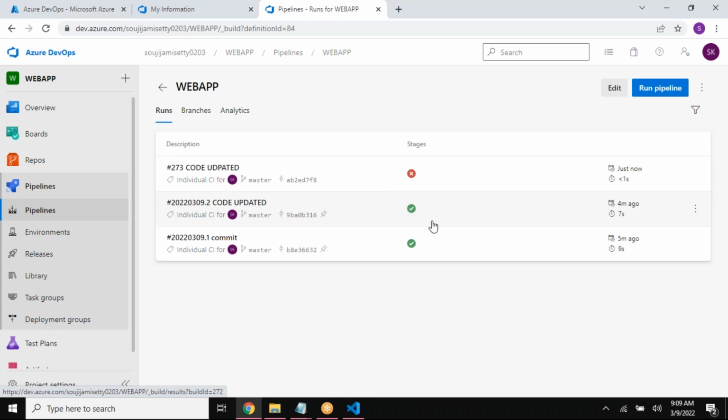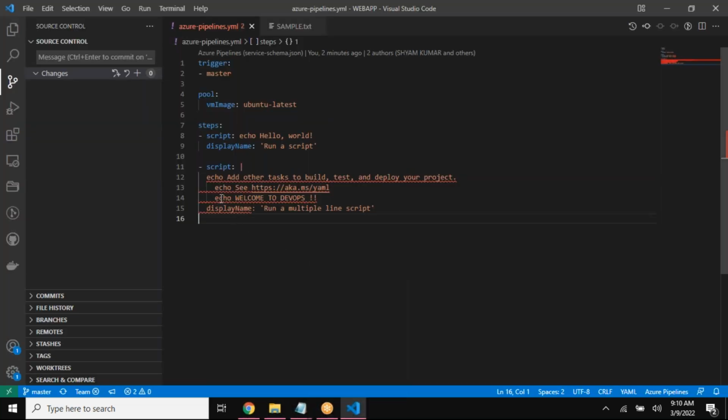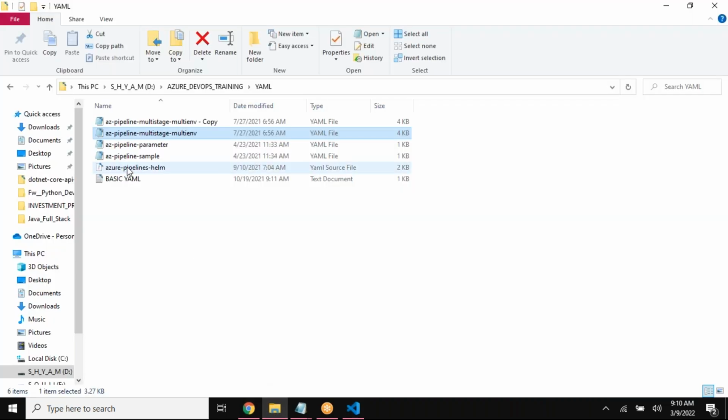For script one, I want to have one tick mark like this. Similarly, for script two, I want one more green symbol similar to this one. So I want to see two stages in here. Is there any possibility? Yes, we do have an option for that, and that comes under small extensions of what you have in here. So let me open